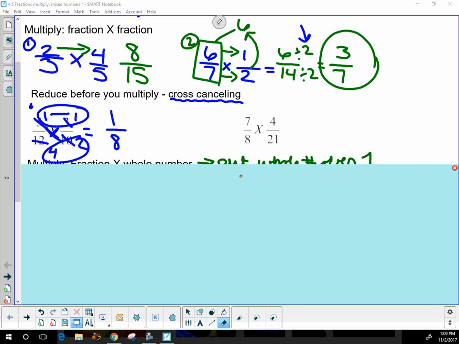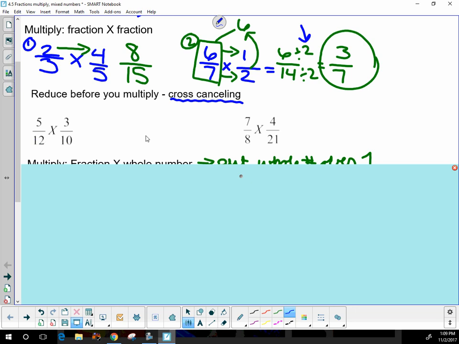If that was too confusing, or you're not sure really how that worked out or why, let's take a look at what we would have done without canceling. 5 times 3 is 15, and then 20. Now you know these are both divisible by 5 because of the rule, so let's divide this by 5. We know that's 3